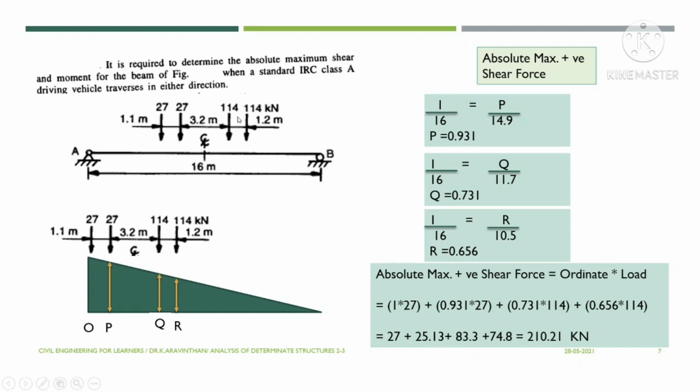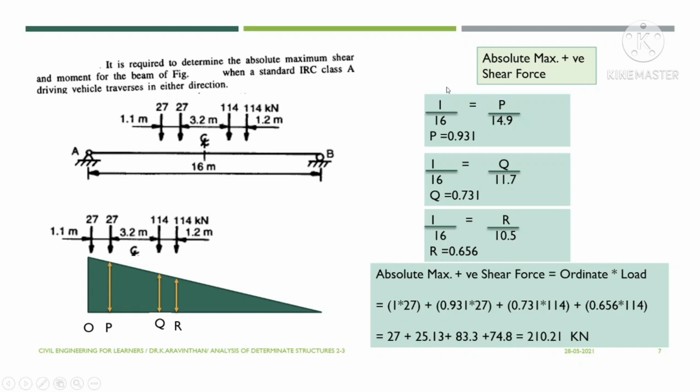Okay, so now what you have to find is you have to find absolute maximum shear and moment. So there is no point which is given, and you can find the absolute maximum value. So in order to find that, what you have to do is you have to place this load right hand side in order to find positive shear force, and left hand side to find the negative shear force. So in order to find positive shear force, so let us take the support A, and support reaction at A is drawn here, and the ordinate will be 1, and this will be positive in sign. And what you have to do is you have to place the load in the right hand side of this support. So I have placed this load here.